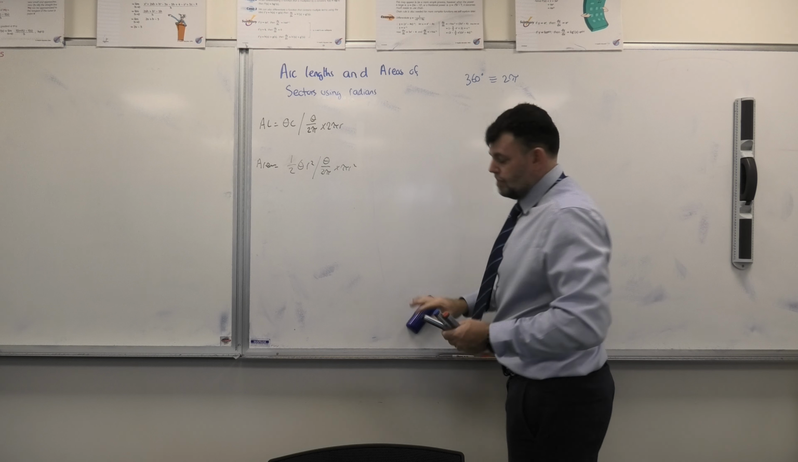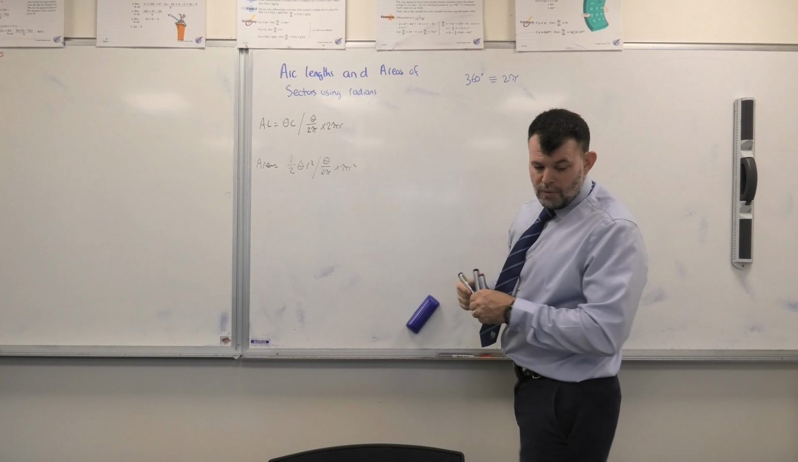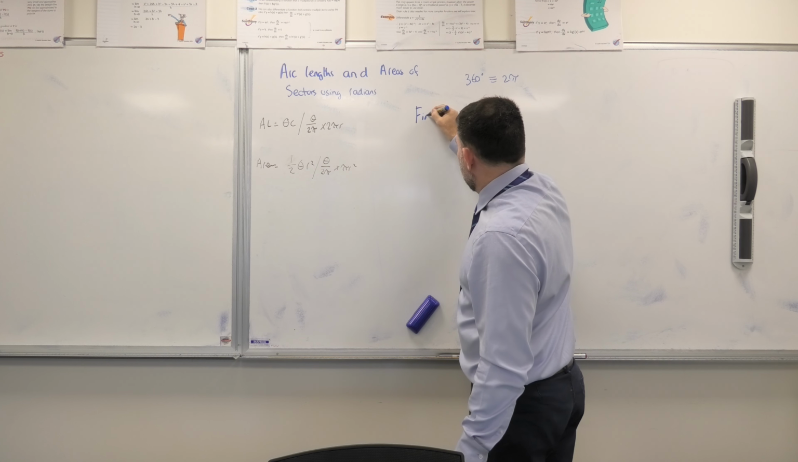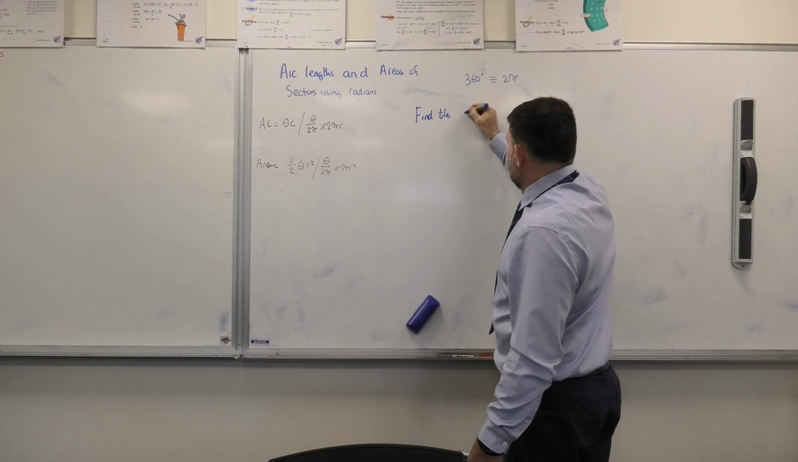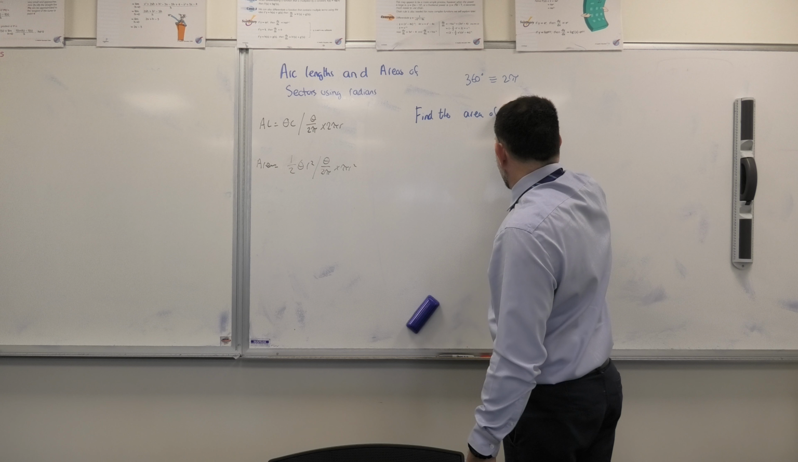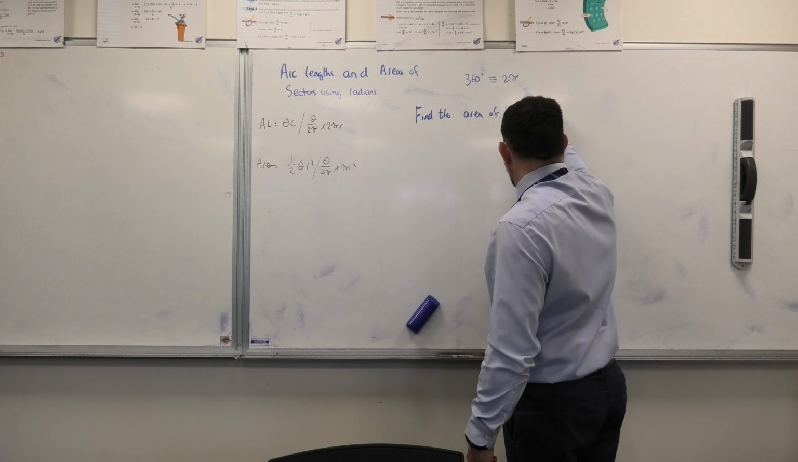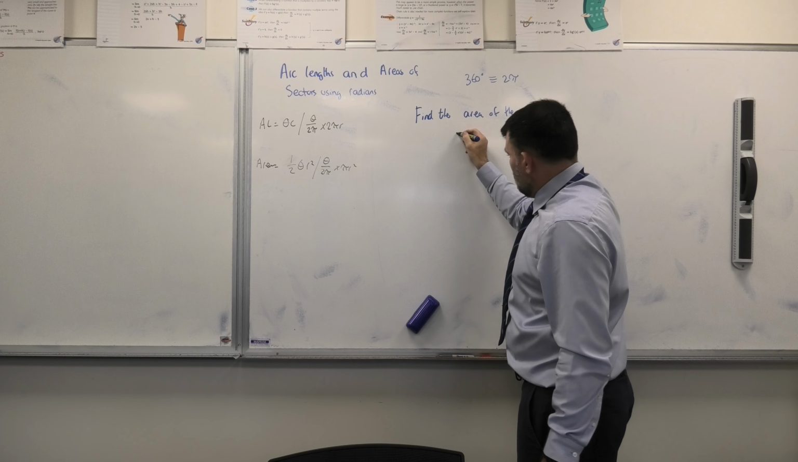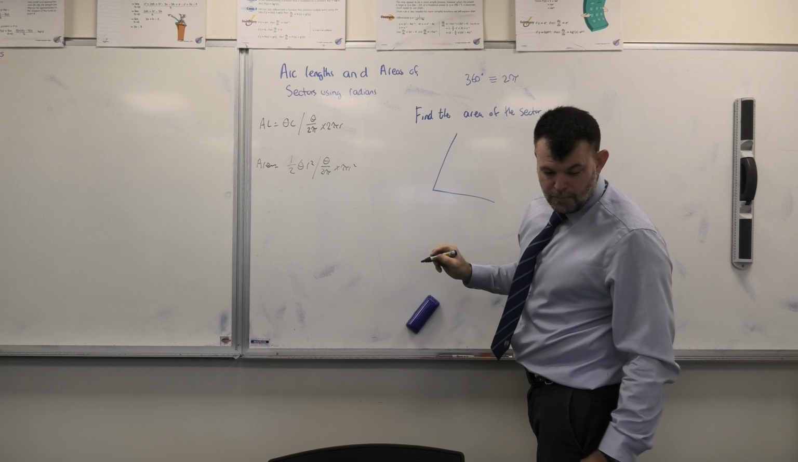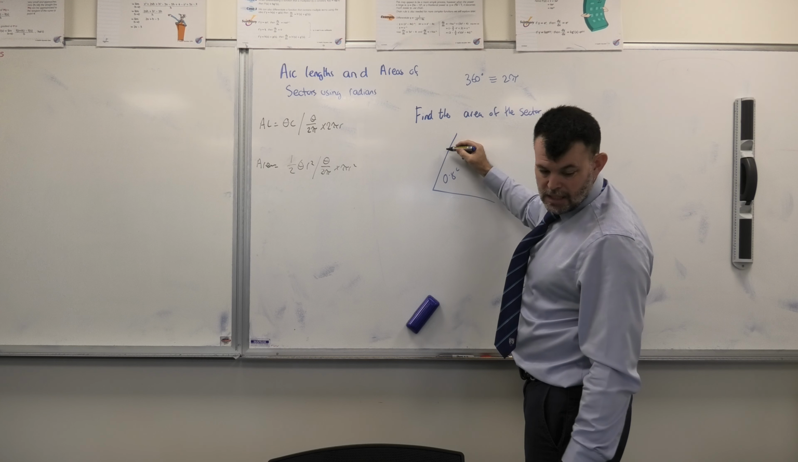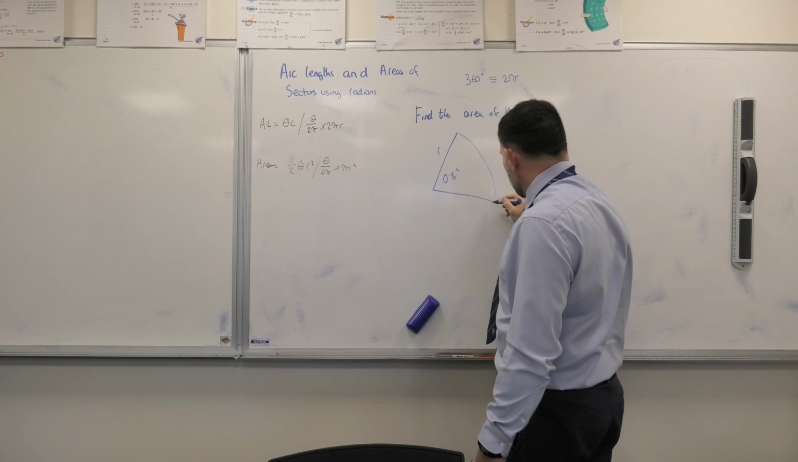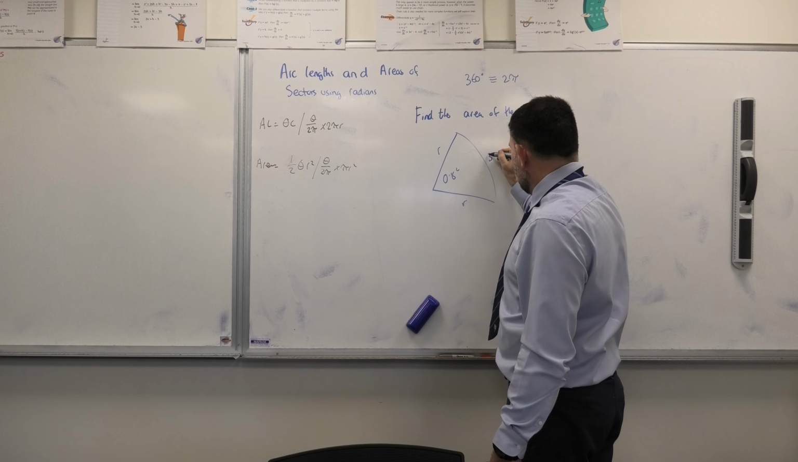So find the area of this sector. So if we have, let's write it up, we've got 0.8 here. I don't know what my radians are, but I know that my